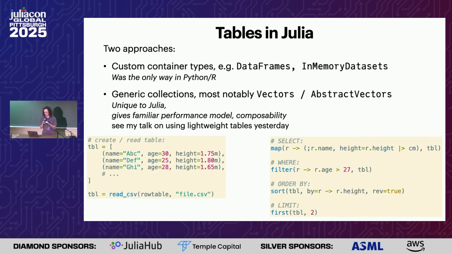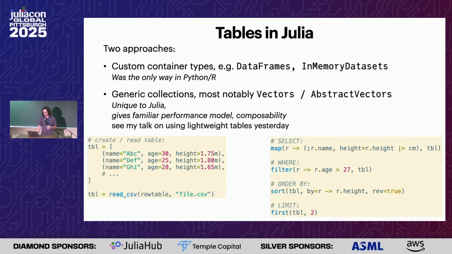First of all, regarding tables in Julia, to set the scope for the talk, there are two approaches to how people use tables. The first one is what came from Python and R, that is using custom container types like DataFrames, in-memory datasets. Maybe there are other packages. And the second approach is unique to Julia. You can use generic collections, mostly vectors, abstract vectors. It has some benefits: familiar performance model, composability, and here I show some examples just from base functions that correspond